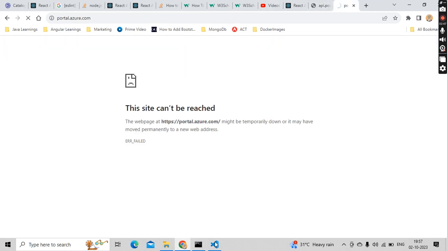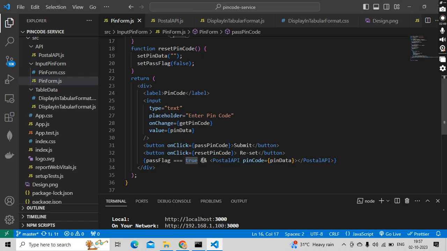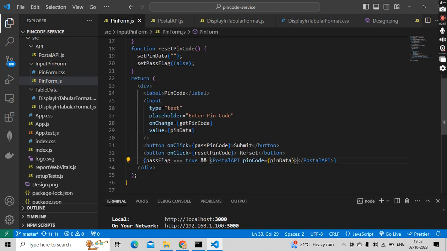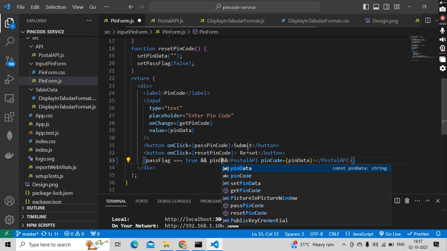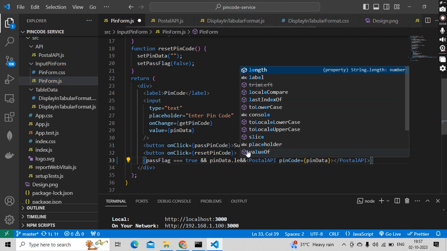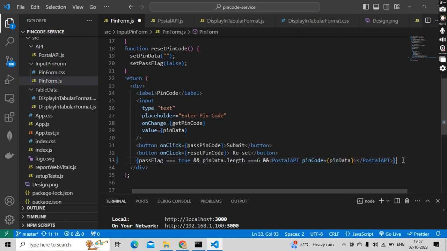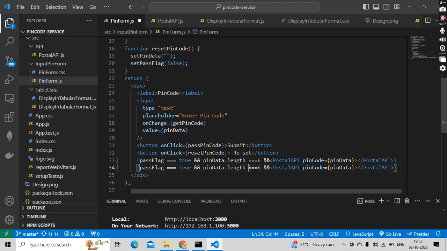Okay, cool. So here once I click on submit, I am doing this, right? And the pin data is here, and with the help of useState I am setting the data. Okay, so here only I will do one validation, like pinData.length. Okay, if it is equal to 6 digits only, I will send it. And I'll do another, I'll just copy this and paste it here. If it is not 6, anything not 6, I'll put some sort of message